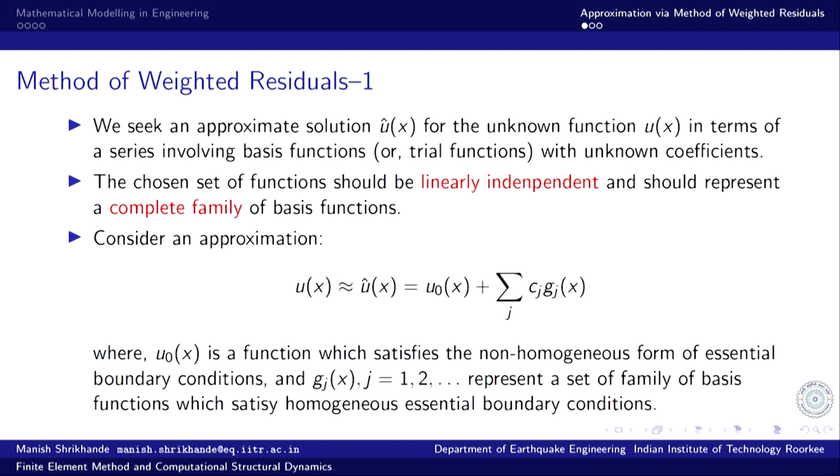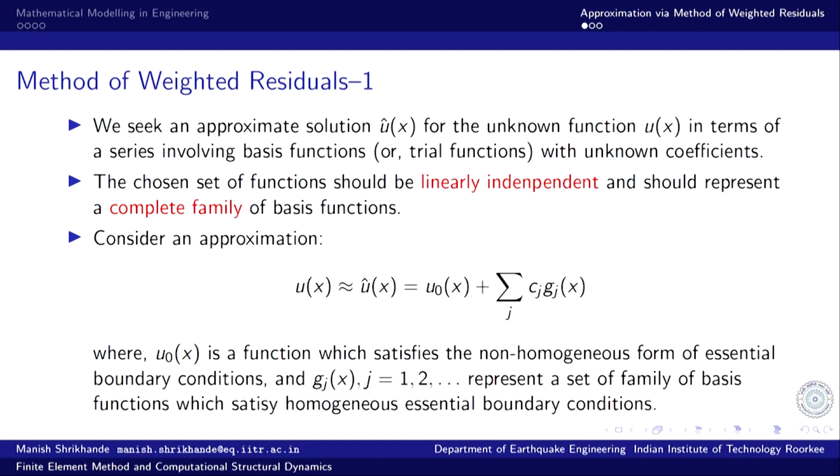But in this particular bar problem, let me just say that the essential boundary condition constitutes the boundary condition imposed on the displacement. If you recall the bar problem that we had discussed, there were two boundary conditions. At x equal to 0, the boundary condition was imposed on the displacement: the axial deformation at x equal to 0 was imposed as 0. The other condition at x equal to L was the force boundary condition. The axial thrust was equal to the applied force. That is called the force boundary condition or natural boundary condition.